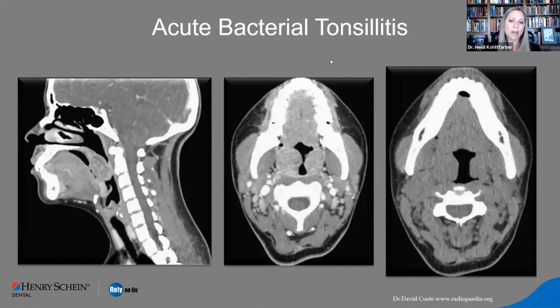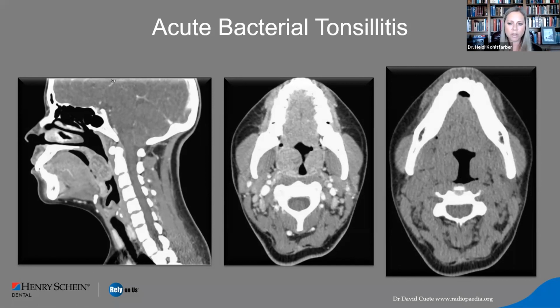Now, we can get acute bacterial tonsillitis. I talked about this a little bit with some of our adults, but we can also get this, of course, probably more commonly with children. And this can become chronic over time as well. So, if the patient is having difficulty breathing, this could actually become quite dangerous. We want to make sure that they're on the appropriate treatment. And if they have persistently enlarged tonsils, we can go ahead and send them to ENT. And I think they actually have a particular number. If they have 4 or 5 episodes in a year,